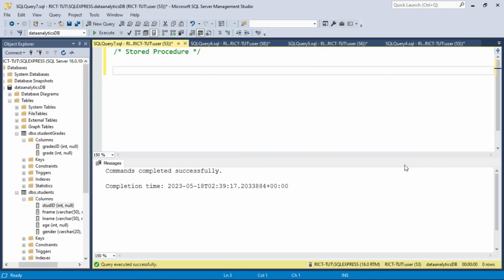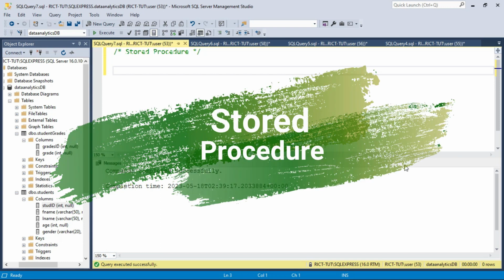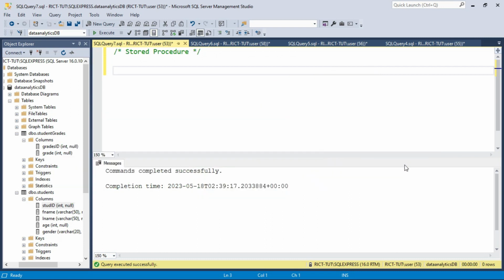Hello, welcome into the classroom. In today's SQL for Data Analytics class, we're going to talk about stored procedures. A stored procedure is a prepared SQL statement or code which can be saved and reused. In this example, we are going to create a stored procedure which we will use to